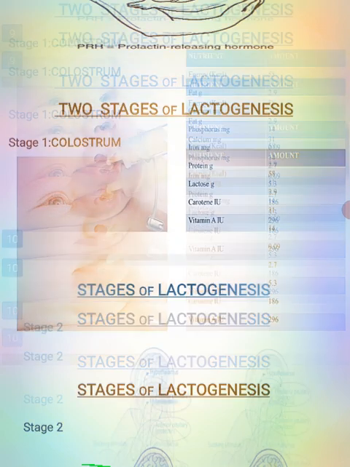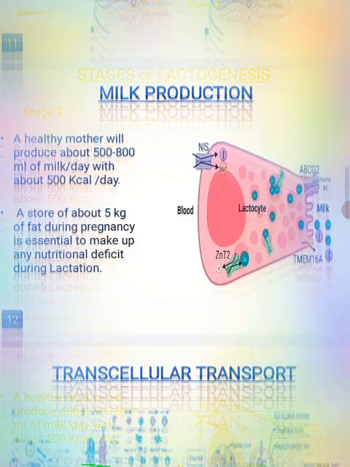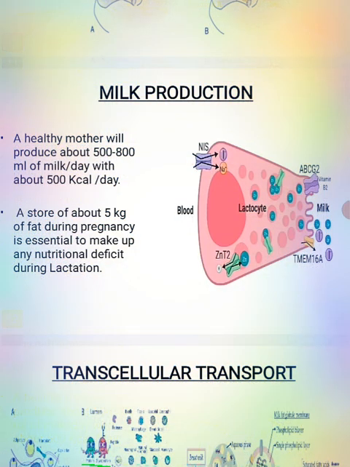In this stage of lactogenesis, there is increased synthesis of milk, and a healthy mother will produce about 500 to 800 milliliters of milk per day, with an average of about 500 kilocalories of energy per day. In this phase, there is increased milk synthesis under the influence of the prolactin hormone, and